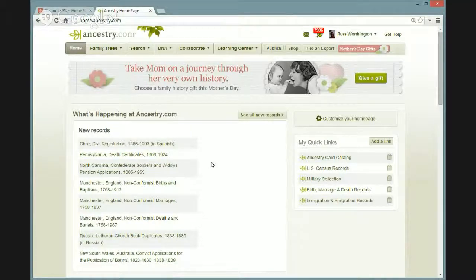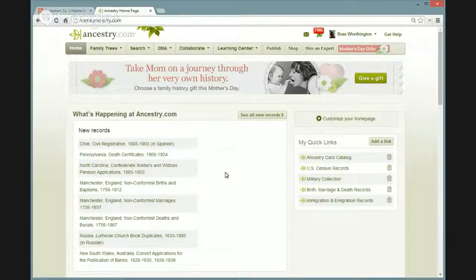So what we are actually talking about, for people who are new, is the fact that they may have seen advertisements for Ancestry.com, but you're a genealogist that's been using Ancestry.com for a long time. You're familiar with it, and you're still excited to see this list of what the new records are. And this is not the first time that this has happened. By landing here and having this in front of me, I found